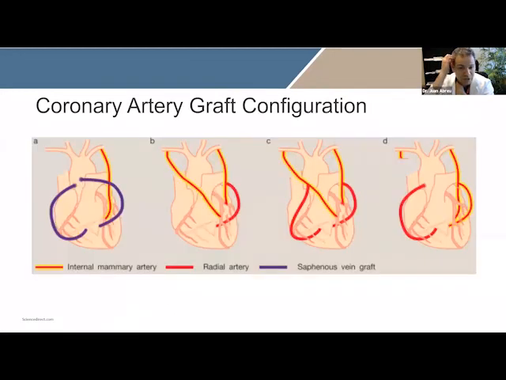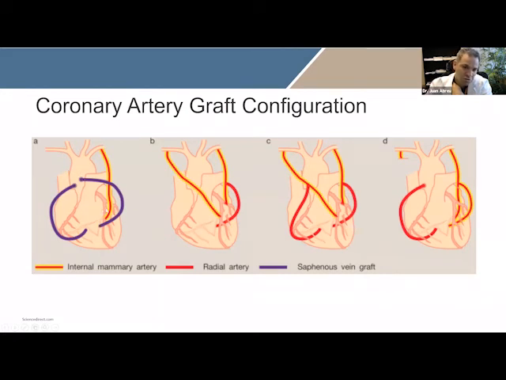So what configuration can we do? In general, it will depend on your angiogram. We can make a connection with one of the arteries from your chest wall. We call it mammary artery. We can make a connection with one. We can make a connection with two. We can use a radial artery from your forearm. We can use a vein from your legs.